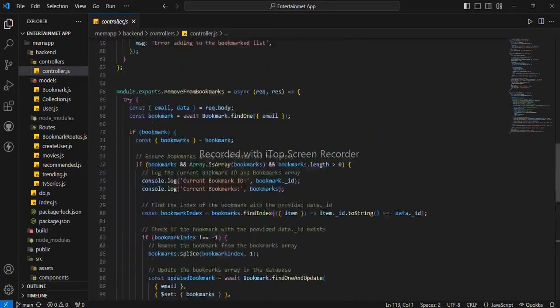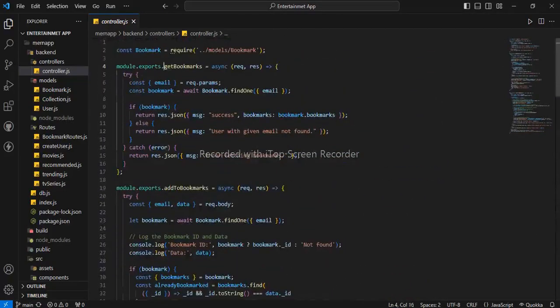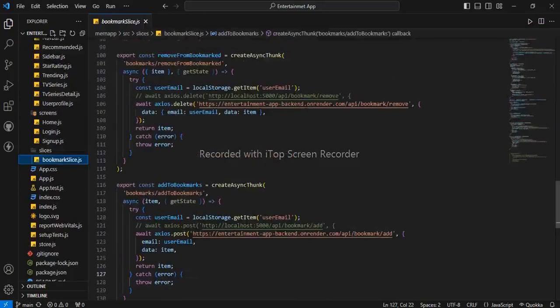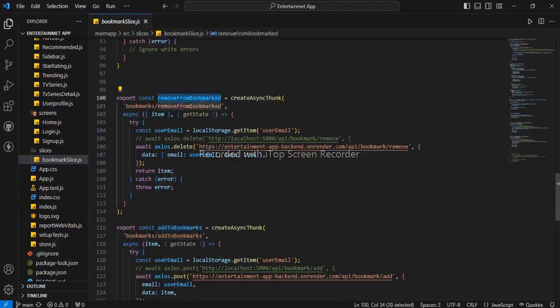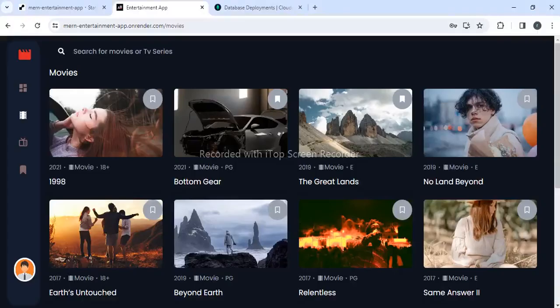So this performance, and this get bookmarks, we are going to discuss later. Okay. So now we are going to see our front end part. So now we know how add to bookmarks and remove from bookmark are working. So we are going to see it in our database as well. So see here, when I have clicked, I have bookmarked 1, 2, 3, 4 items. It will show in your database as well,